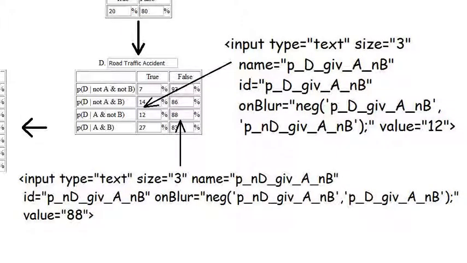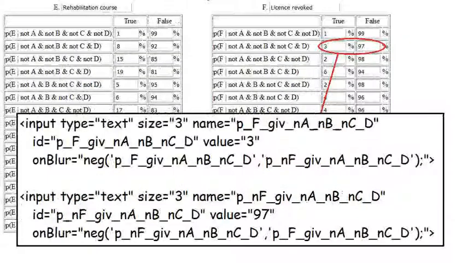Note the name for the highlighted cell on the left: a P followed by a D, then GIV, followed by an A, and then NB, all separated by underscores, indicating that this is the probability of D, given that A has happened and that B hasn't. The two biggest probability tables are for E and F at the bottom of the screen, which depend on